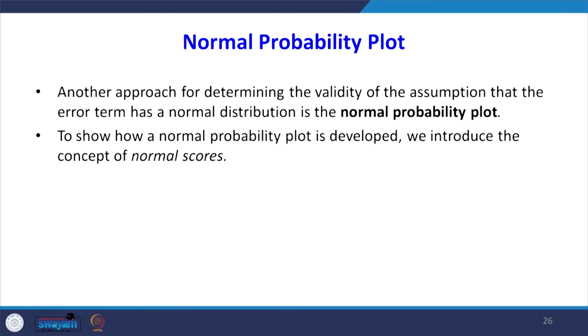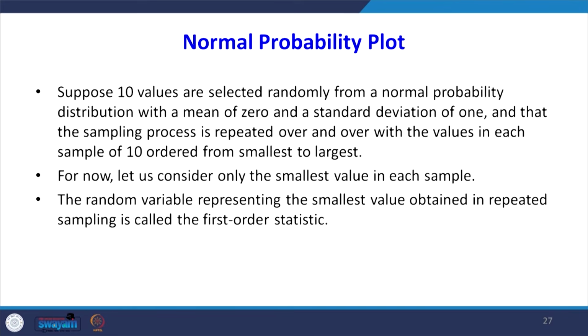Many software packages show the normal probability plot. To show how a normal probability plot is developed, we introduce a concept called normal score. Suppose 10 values are selected randomly from a normal probability distribution with mean 0 and standard deviation 1, and that